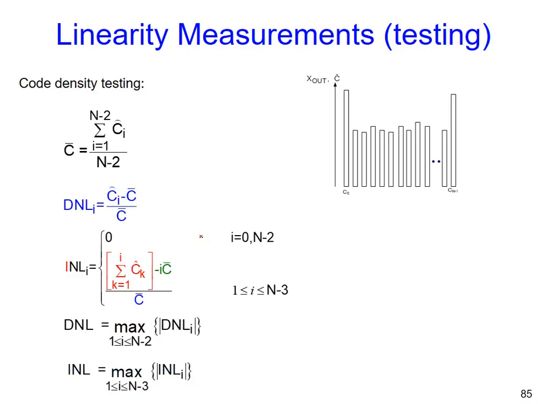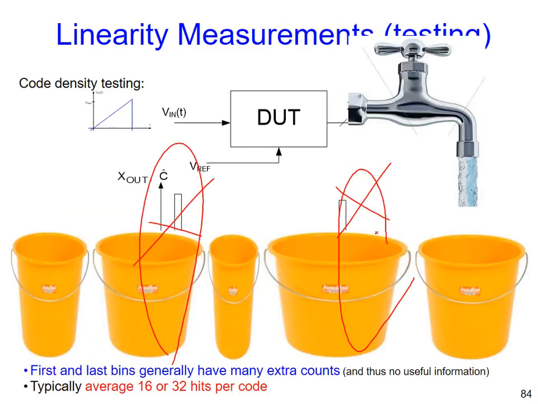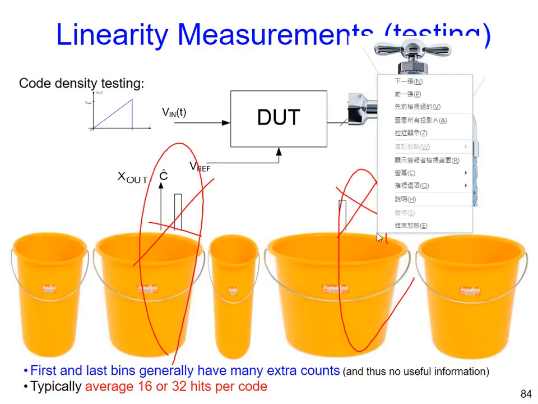So to sum the DNL, you will get the INL. And again, for DNL and for INL, the definition is the maximum one. This is some kind of indirect measurement, but it's really popular. That is the most important technique for INL test or DNL test. All right. Oh, and the other issue is,